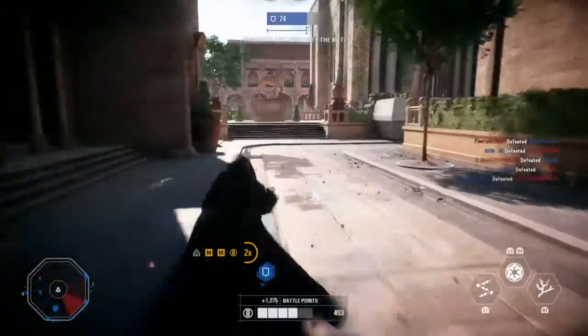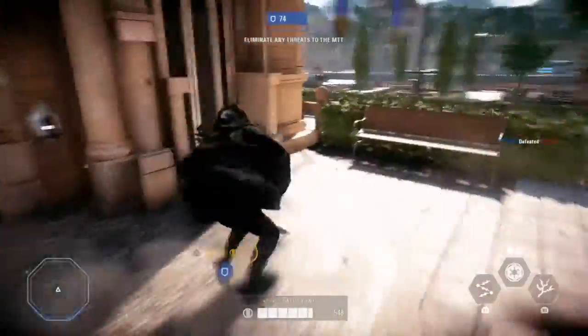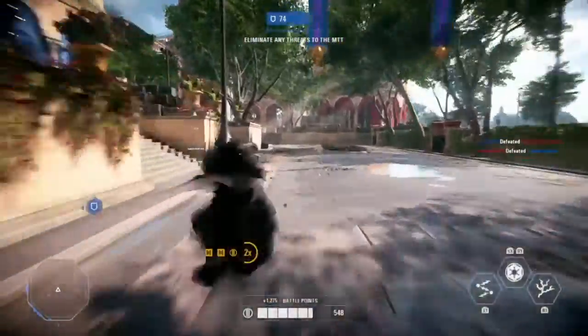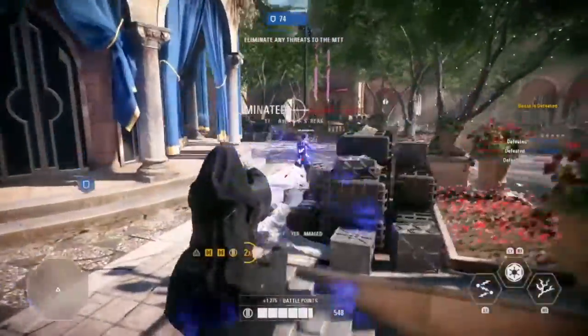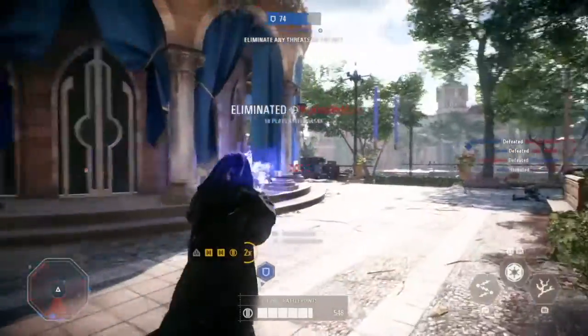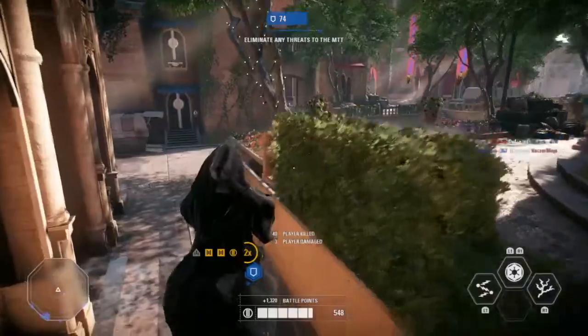Jumping and dodging, jumping, dodging. Don't spam. Dodge, yes. Dodge, absolutely. And I'm telling you right now, those few tips right off the bat will make you so much better with the Emperor. Second thing that I really want to cover is,